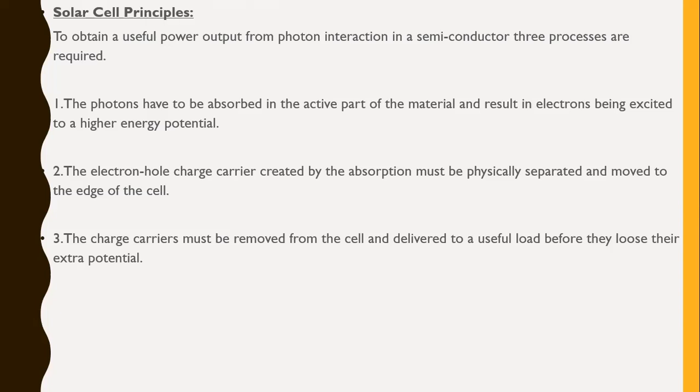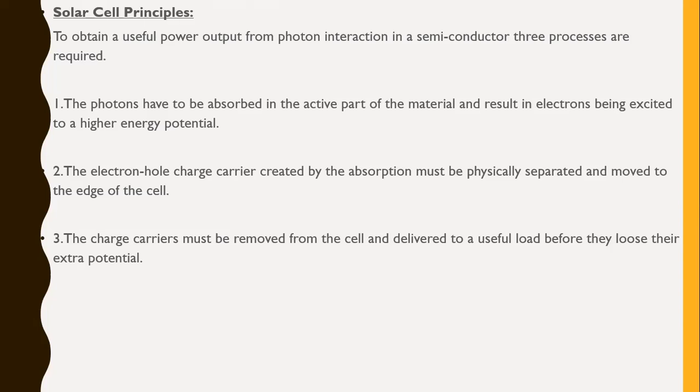When photons from the sun, from the solar radiation, are absorbed in the semiconductor, these create free electrons with higher energies. Okay, so these are created with more energy than normal electrons have. So the energies we are getting in this photovoltaic method are more than the energies of normal electrons.